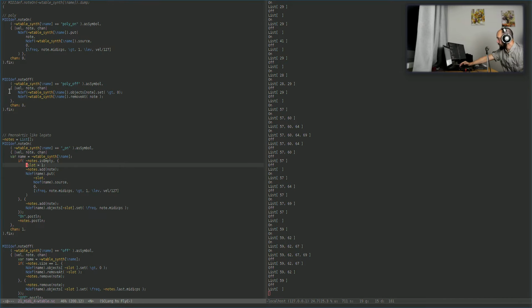When the note is pressed, I check if this notes list is empty. It will be empty if nothing was played before. So I add that note to this notes list